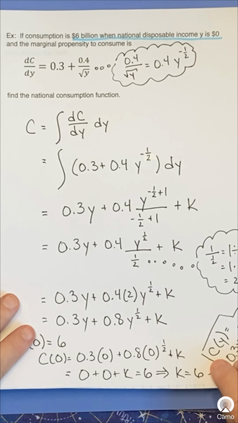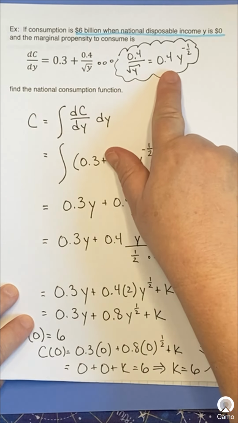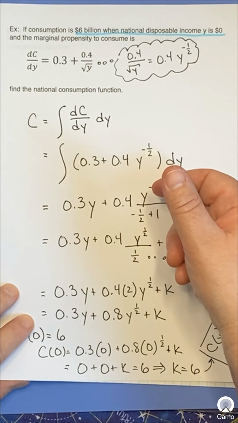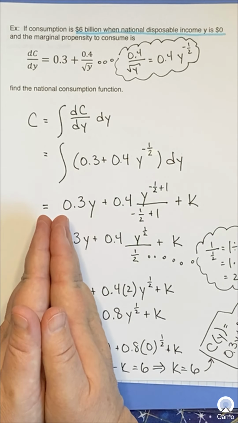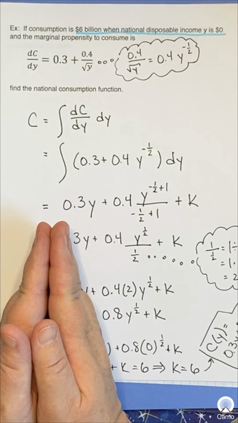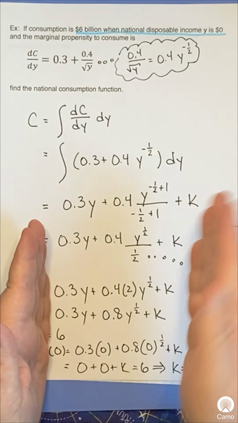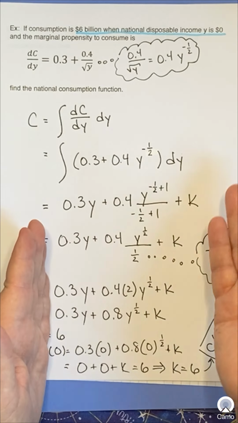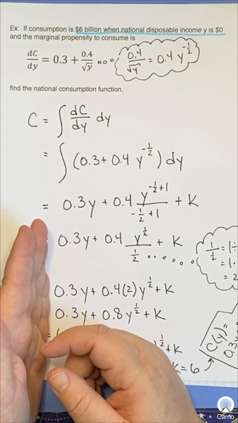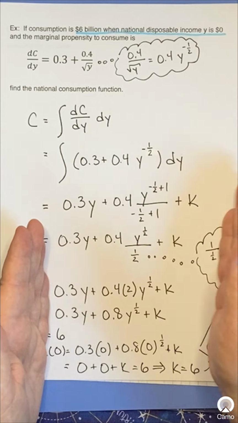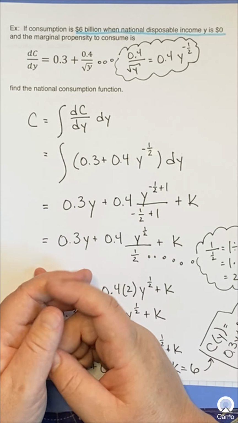But what you can do is you can measure the change. So I can say right now, national disposable income is 0. And then I could look at another time, in a day or a month or a week. I'm not sure how the economists measure this, but I could collect data